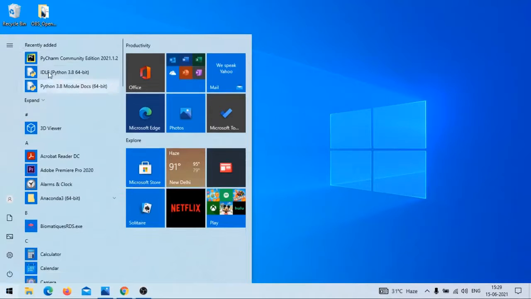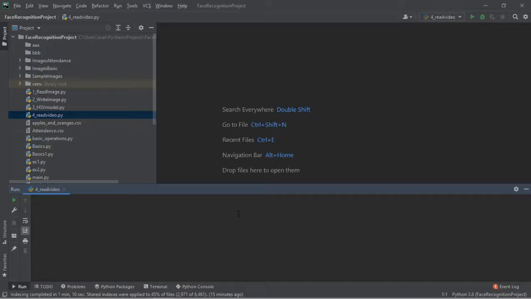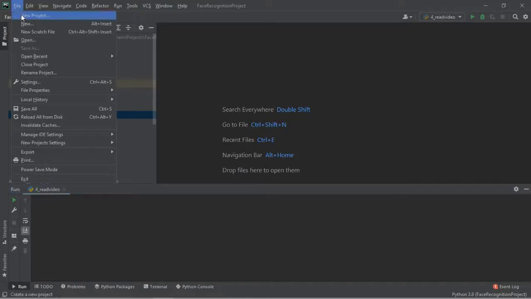Go to the recently added files. You can observe PyCharm Community Edition. So PyCharm has been installed successfully into the system. When you open PyCharm, you can see this window. Here we have File, New Project.